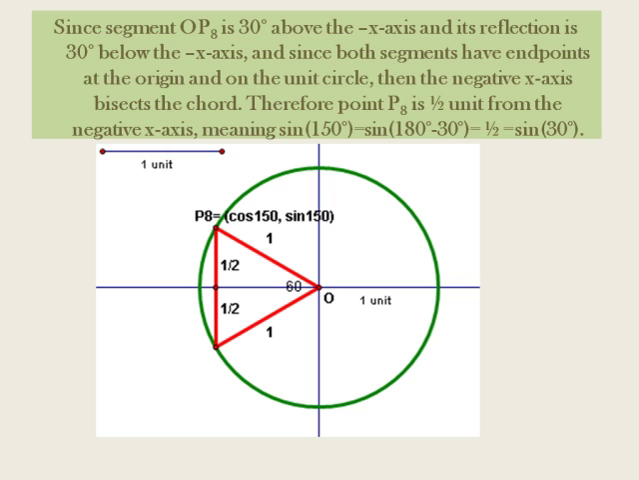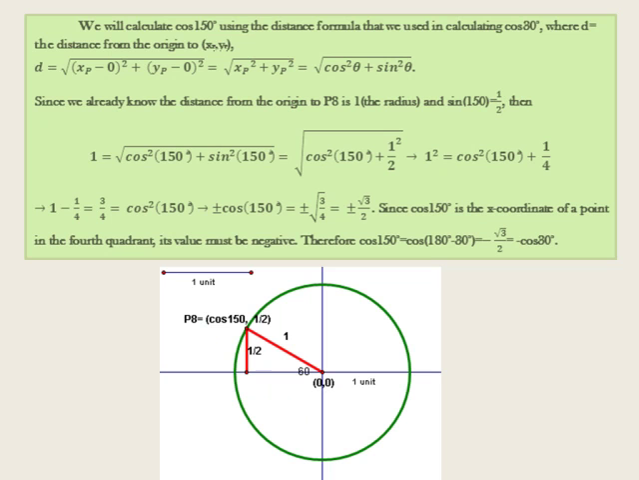Recall that sine of 30 degrees also equaled 1/2, and also recall that 150 degrees equals 180 degrees minus 30 degrees. We will calculate cosine of 150 degrees using the distance formula that we used in calculating cosine of 30 degrees. Since we already know the distance from the origin to P8 is 1, which is the radius, and the sine of 150 degrees is 1/2, then after the calculation and plugging things in, we get